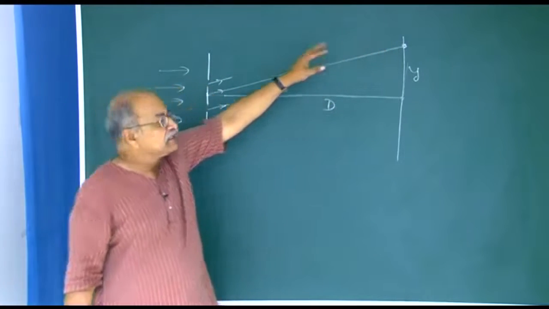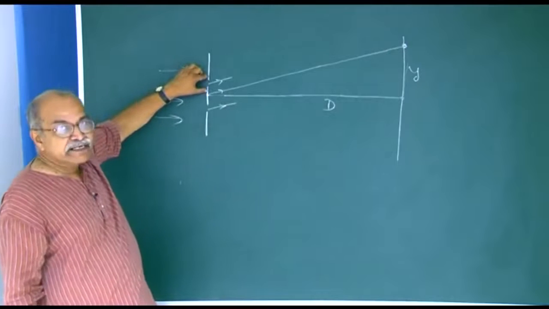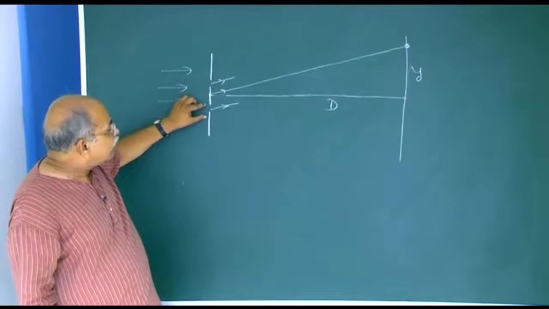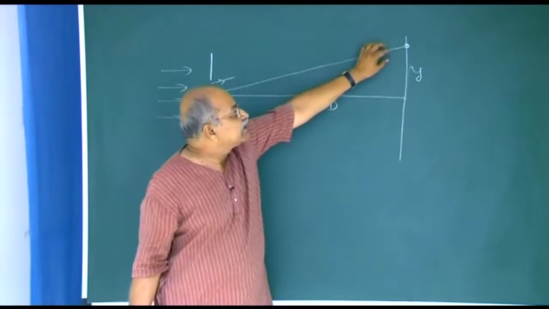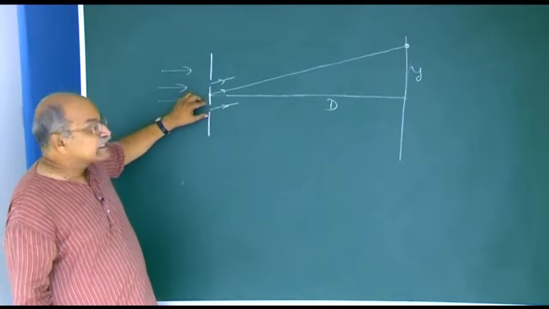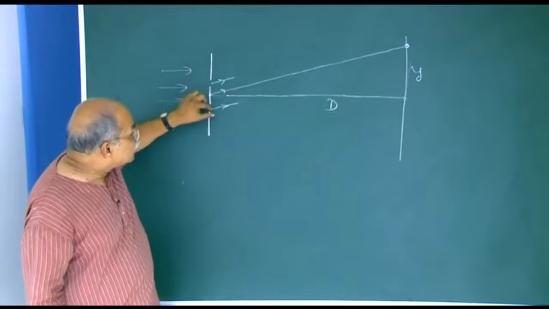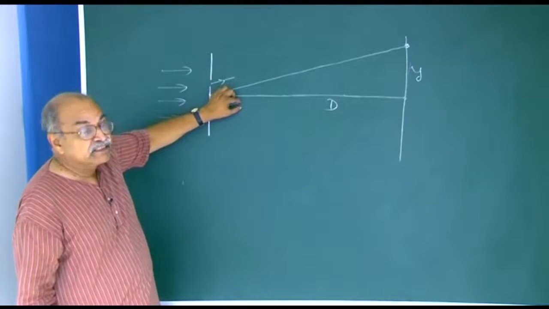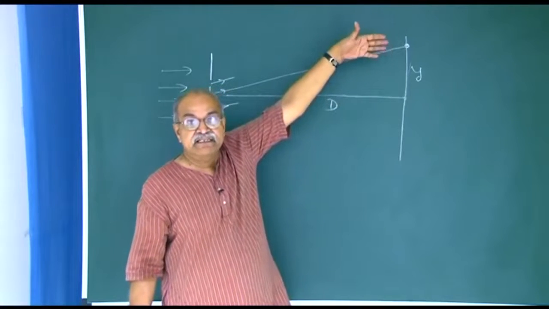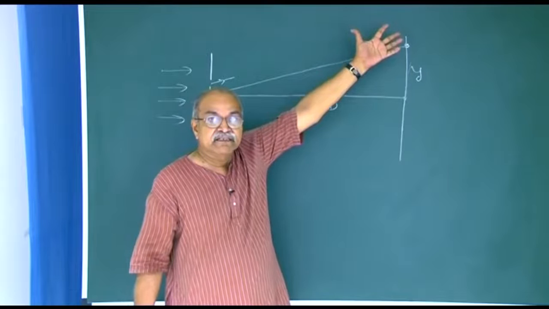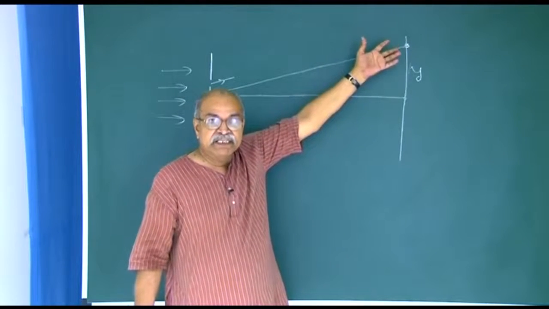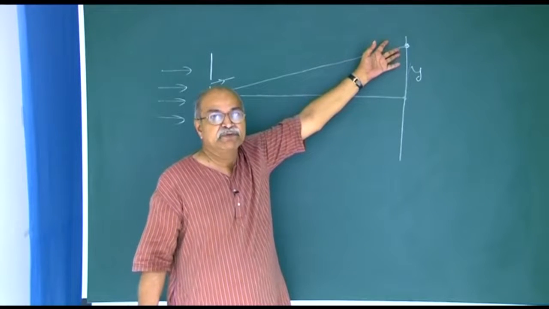That will be governed by the diffraction pattern created by this slit. And similarly, from the other slit, how much light is reaching this point will be dependent on the diffraction pattern of this second slit. But these two wave components which reach there, they also have some phase difference and they themselves interfere constructively or destructively or some kind of superposition depending on what is the phase difference between the two,